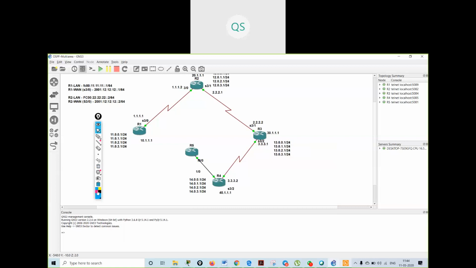See, I'm having a LAN network over here. What will my EIGRP do? It will send hello packets to all the neighbors. It will send over here also, over here also, here also. Now there is no need to send hello packets over here because I will not get any reply from here. So in EIGRP and OSPF, you can use the passive interface command in your LAN. Understood? You can use passive interface command in your LAN.